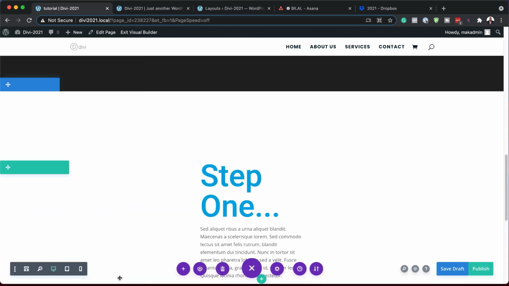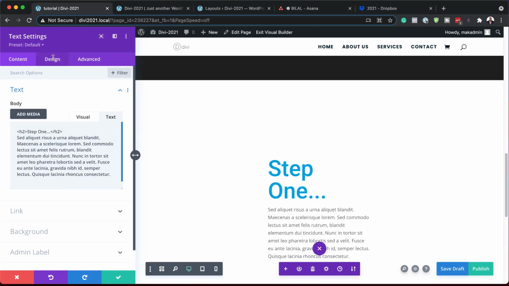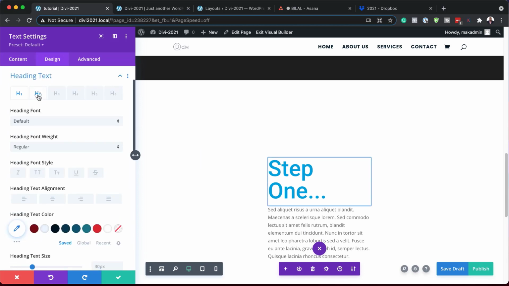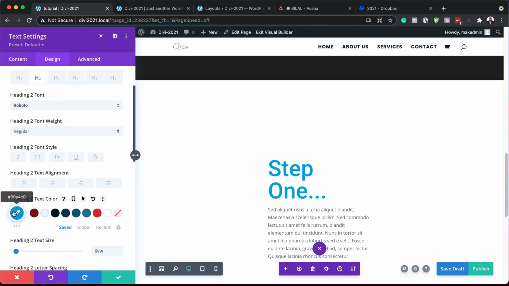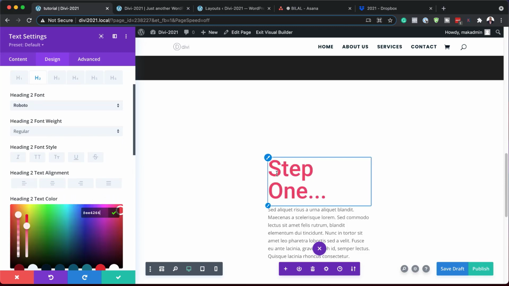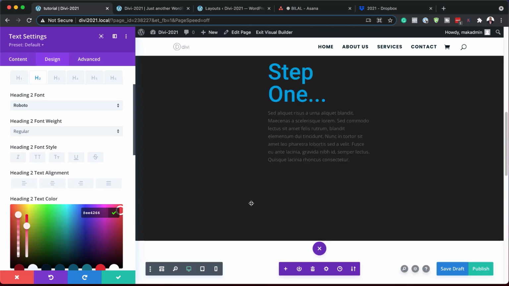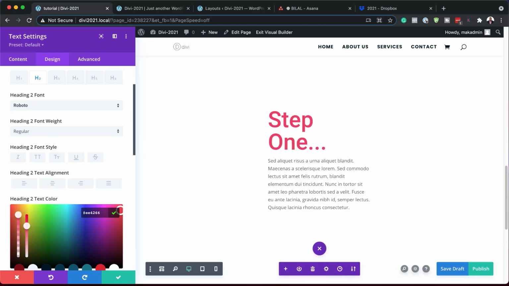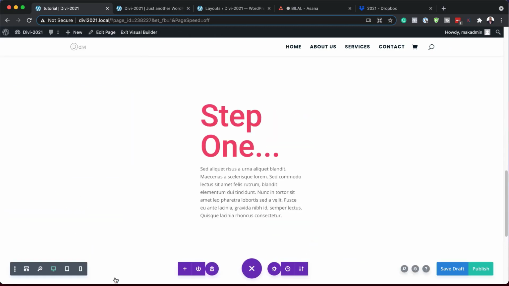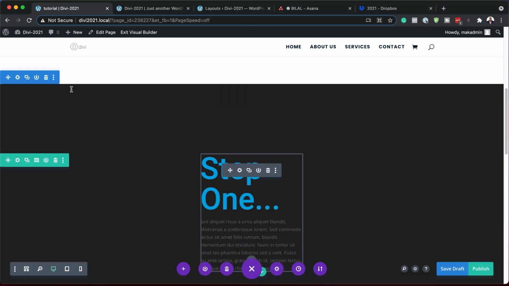So I'm just going to save this for now. And then I'm going to come over here, click on this gear icon, click on design, heading text, heading 2, and change my color in here. So I'm just going to replace this with my new color. So the reason why we're adding these colors is because we want them to be the same as the buttons that we're going to be adding later on in this tutorial. So now that we're done here, I'm going to save,